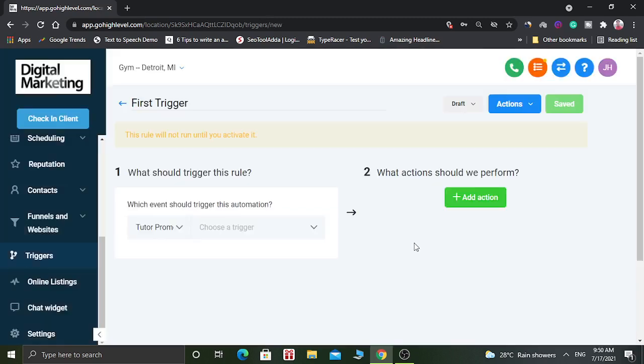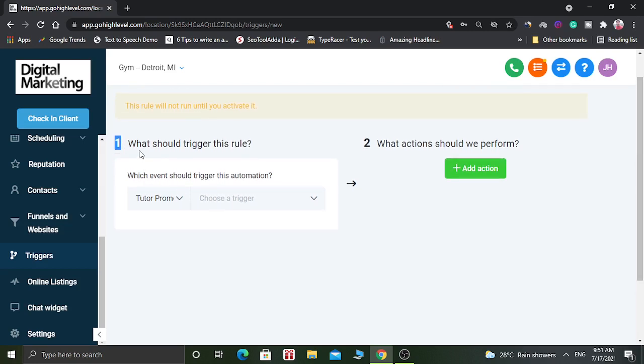Click on save. So you have to give a rule: what conditions should apply and what actions you will perform. In the first number, you have to give the condition.